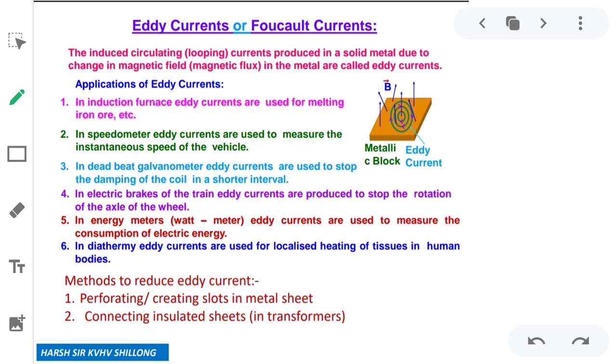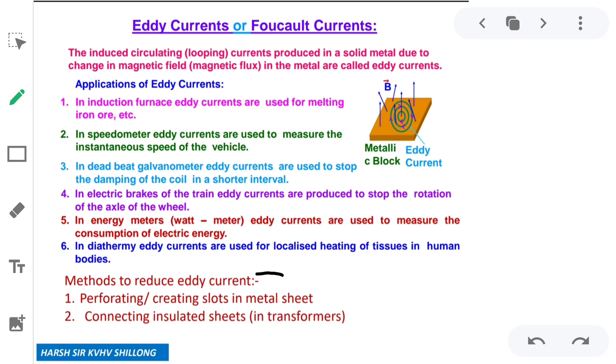But in this one, if we take a thick metal, a sphere, a cube, a cylinder, and we pass a magnetic flux through it and change it, the current is induced within it in circular form. Those are eddy currents. The nature is the same as per Faraday's law. It follows Faraday's law. The induced current opposes the change in flux. So eddy currents, Foucault's currents, are actually used in many appliances in many situations. These applications are mentioned on the board here. You can read that. These uses can be asked in the board exam for hardly 1 mark. So just remember the uses.